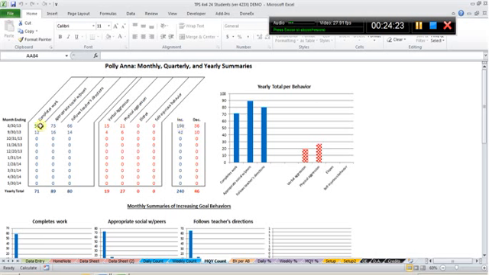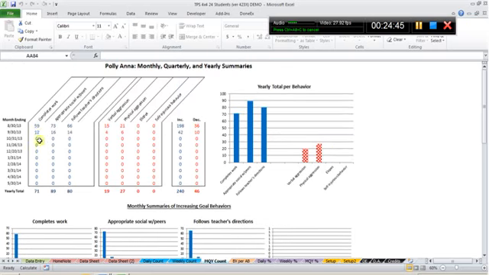So all 59 plus 73 plus 66 equals 198, and 15 plus 21 equals 36. And I can also add it up this way. So what's my yearly total so far? And the graph for these yearly totals, so these numbers here are going to be plotted on this graph, and